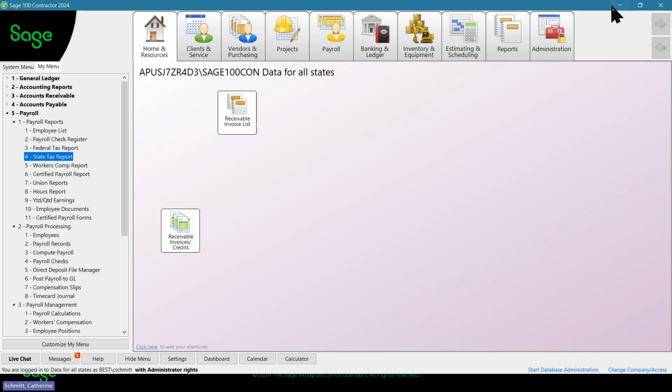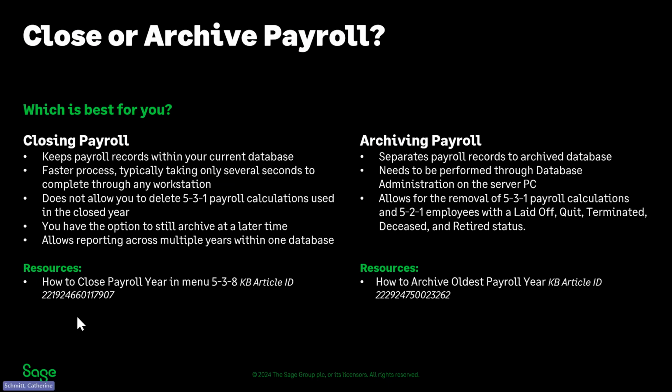Now, the close and the archive are explained in the articles, and those are also mentioned in the Q&A section. It gives you a few more steps on how to do that. So once you have posted all your payroll and you're ready to do next year, you want to make sure you either close or archive before you do that, because when you close, all that information is gone